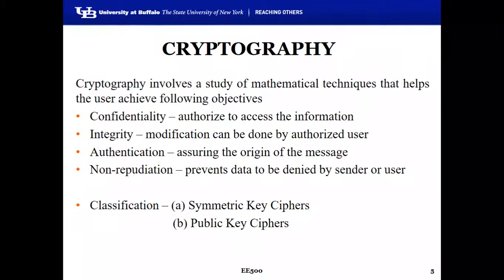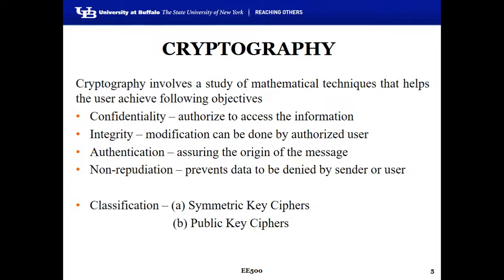Now, what does cryptography involve? It involves the study of mathematical techniques which help a user achieve the following objectives. The first and foremost is confidentiality, which means information is accessed only by authorized users. The second is integrity, where only an authorized user is able to modify or make changes to the data that is given. Authentication is assuring that the origin of the message is the same, that it has not been tampered with